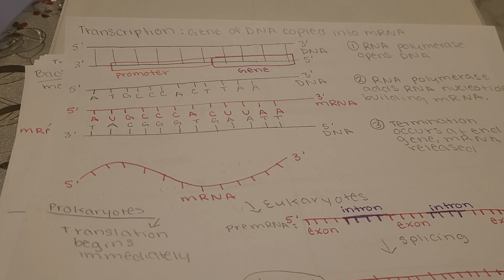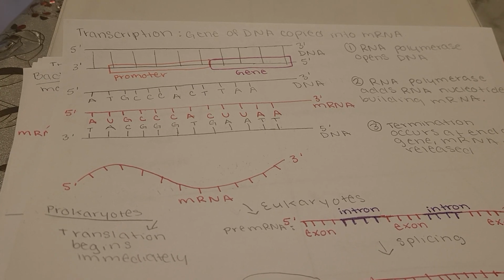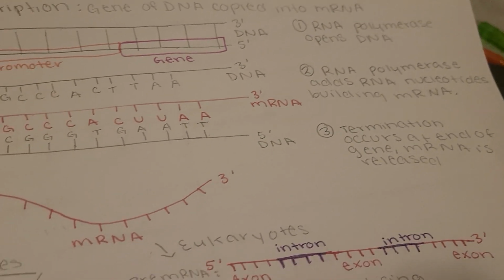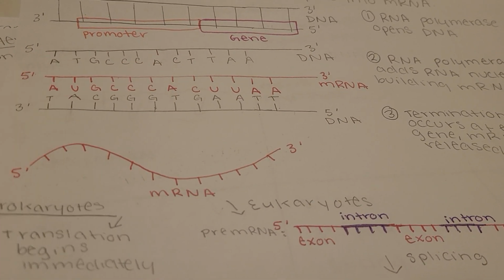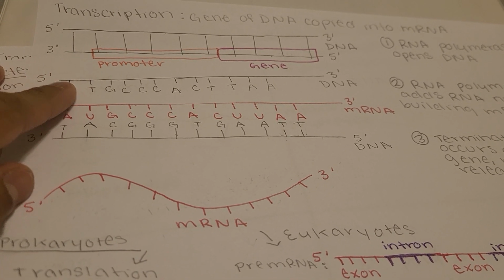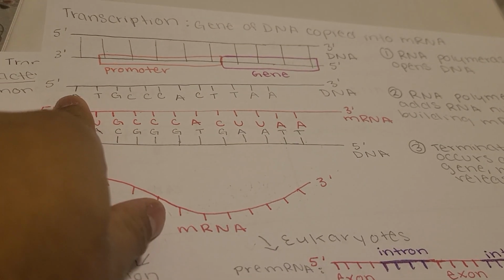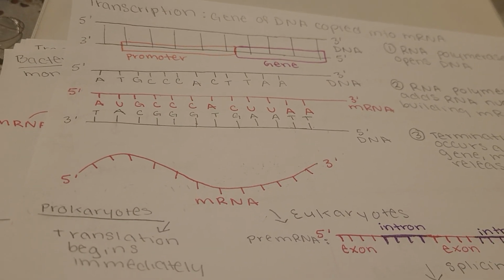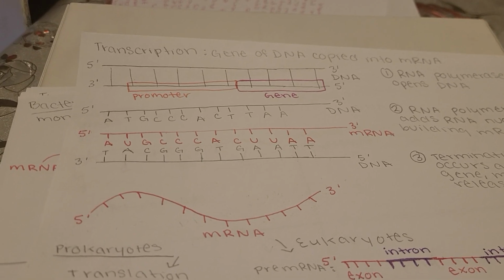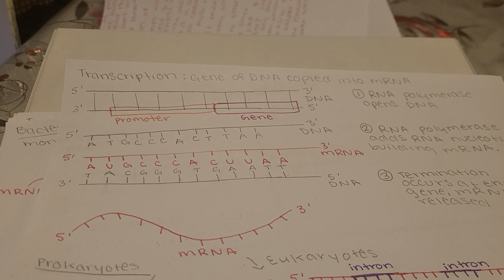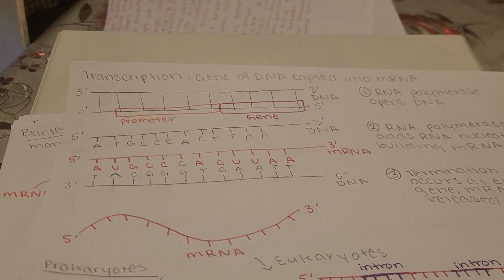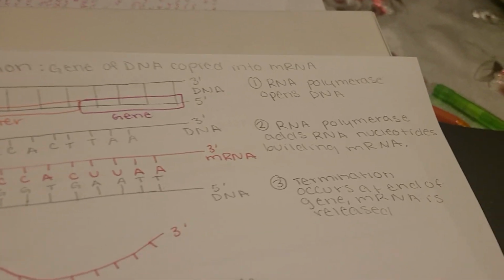So the enzyme that is going to perform transcription is RNA polymerase, and that is step 1, where RNA polymerase opens the DNA, and this is the DNA right here, and these are the base pairs. This right here is also this part right here, the gene part and the base pairs. So in this part, we can see the DNA that has been opened up. So this is the beginning of the DNA code that will be transcribed into messenger RNA,